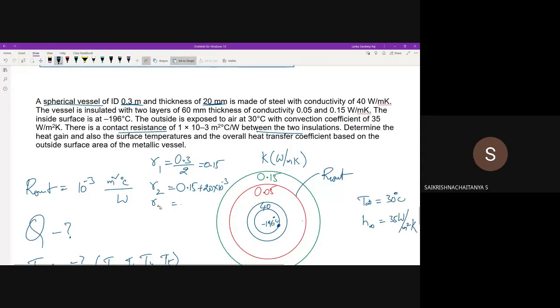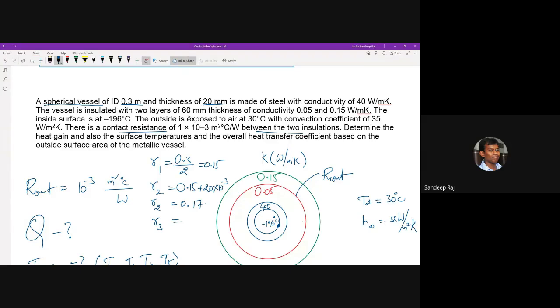After that, 0.17. Is it? Yes, sir. 0.17. Correct. 2 we will add here. The next thing is R3. If we have to take R3 here, it is